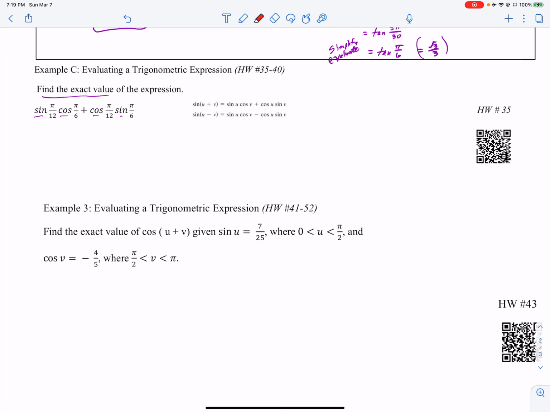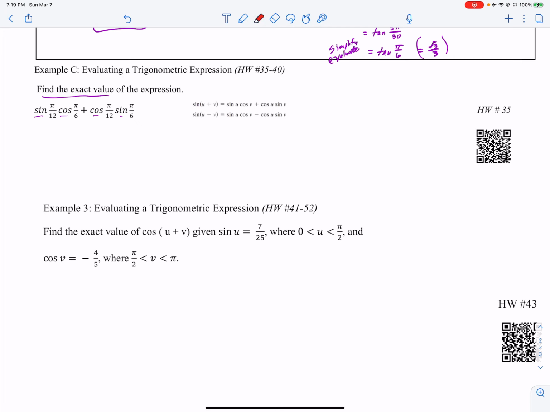All right, and then in example 3 here, this last one, we've been seeing these before where we have a trig function and they give you a quadrant that angle is in, and then they give you another trig function. So this is going to double this up a little bit. And that second angle is in a different quadrant. So what you need to do is set up two triangles, one for the angle U and one for the angle V. So set up two triangles,